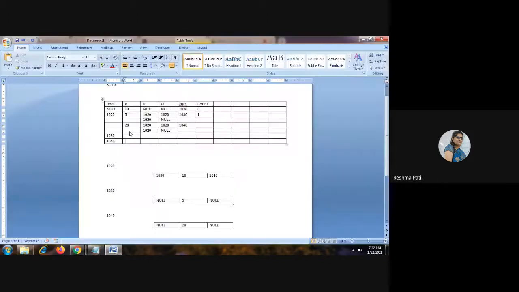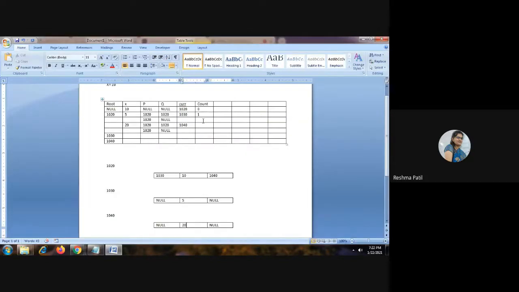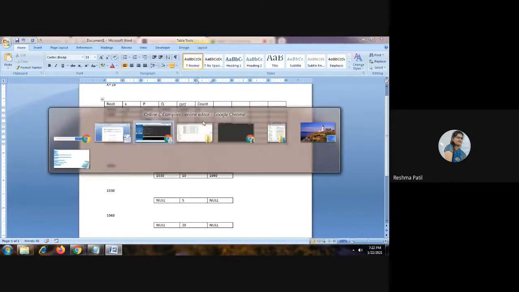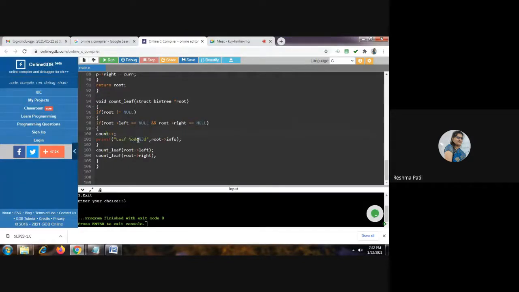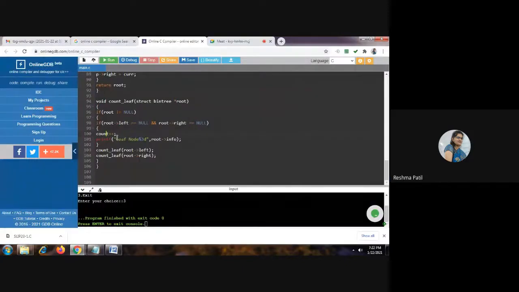We check 1040's root left and right, and if both are null, we go inside and increment the count. Count is 2 now. Leaf node 20, the value of that root is 20 now, will be printed here. So two leaf nodes are there, one is 5 and one is 20, and both are printed here.